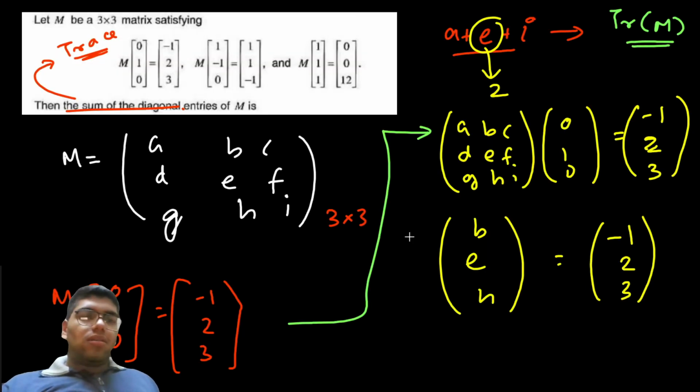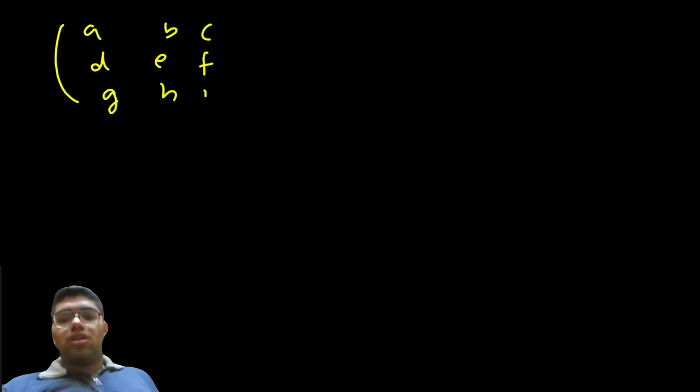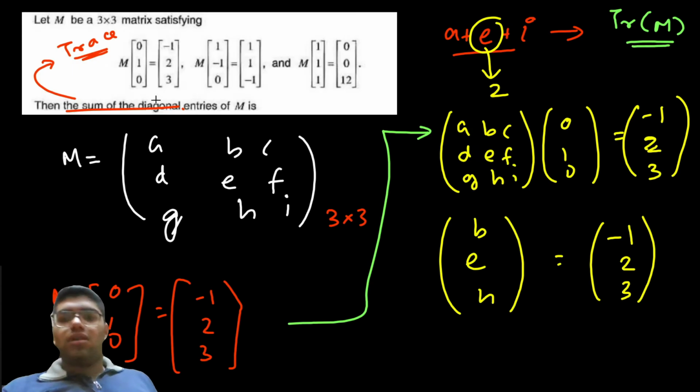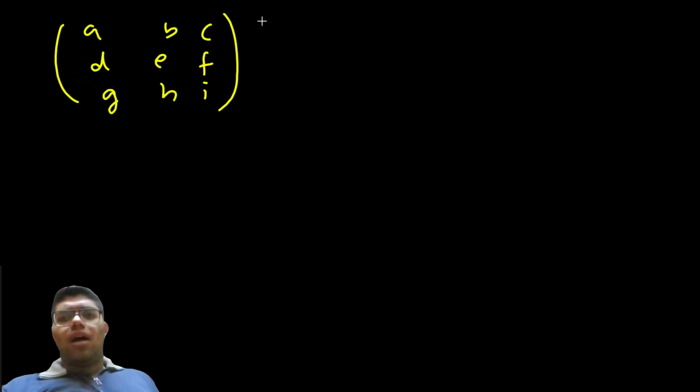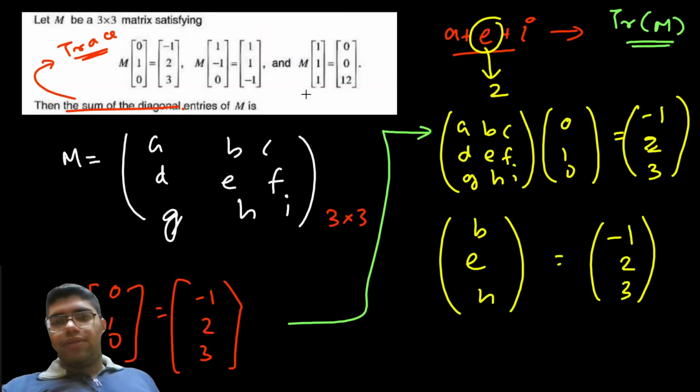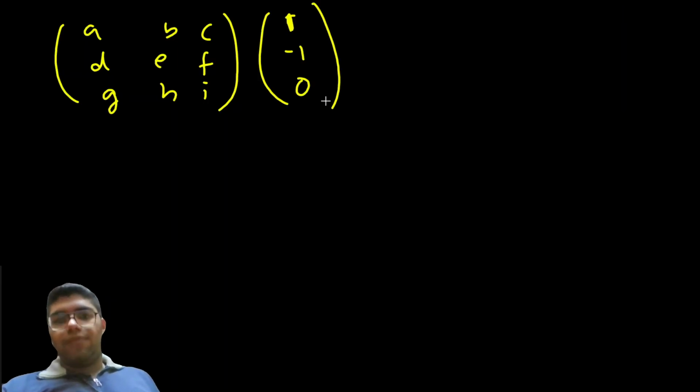Okay, I'll take a new slide for that. Yes, so we have found B is equal to minus 1. Now let us try to write this matrix A, B, C, D, E, F, G, H, I. Although I have found one of these, my things will become easier, but yes, I'll still continue with the standard method that I have developed currently.